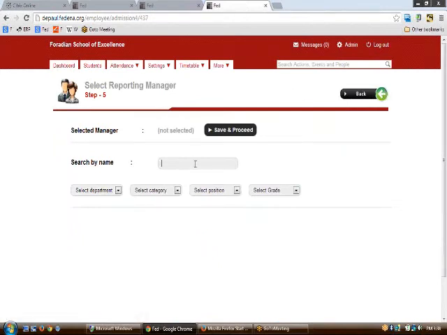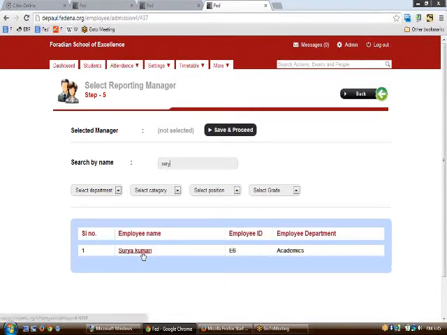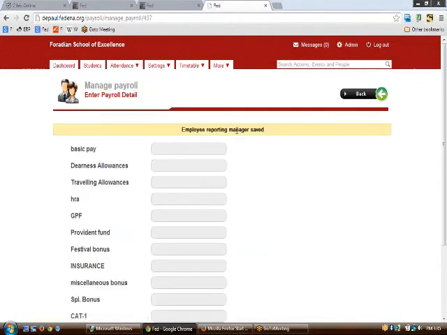And now you need to select the reporting manager of the particular employee. Unless a reporting manager is selected for an employee, he won't be able to apply for leave, so it's very important for an employer to assign an employee a reporting manager at the time of admission itself. So we would be searching for a person called Surya Kumari, and assigning her as the reporting manager of this particular employee called Swagat, and save and proceed would lead me to the next page